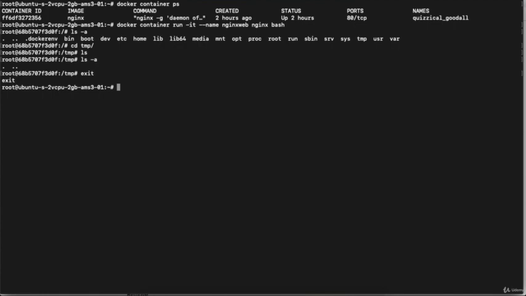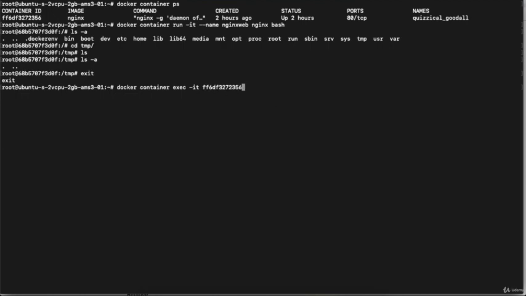Now I will see how we can execute the docker exec command. For this, I will execute the command docker container exec. I will execute docker container exec in interactive mode. We have discussed it. Then I need to provide either the name or ID of my running container. And this is the ID of my running container.